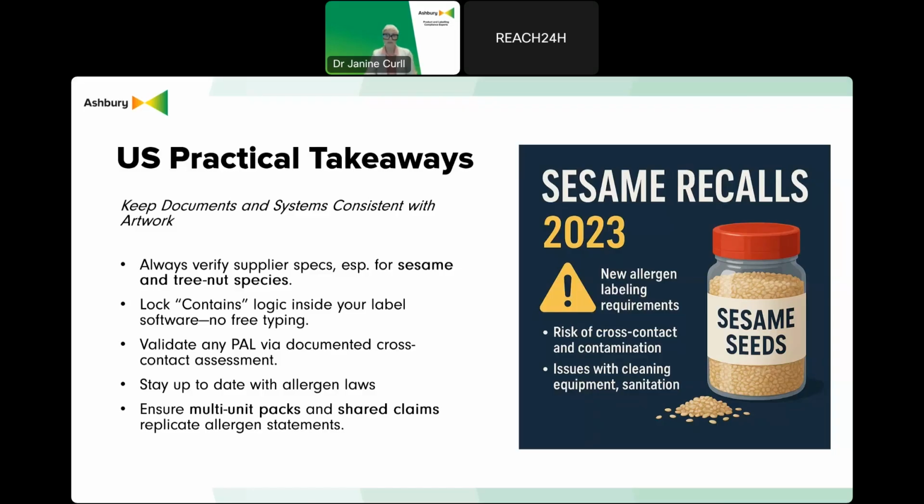The FDA warned the industry early on: update your cleaning validations, revise allergen control plans, train your staff, and use rapid tests. Plans that ignored this ended up with contamination and costly recalls. The key takeaway here is that when an allergen becomes regulated, you cannot just tweak a label. You need a full operational shift.